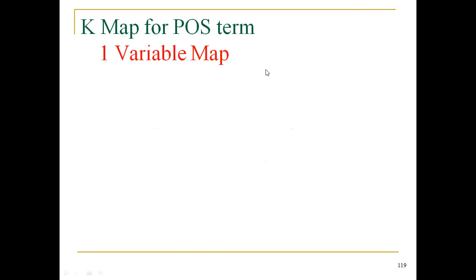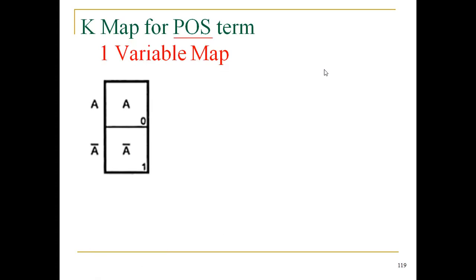Now, before entering into the actual problem solving by using Karnaugh map method, another two important terminologies, that is called POS and SOP. Do you know what is meant by POS and SOP? POS means product of sums, and SOP means sum of products. Okay. So far, whatever the things we have discussed is SOP.